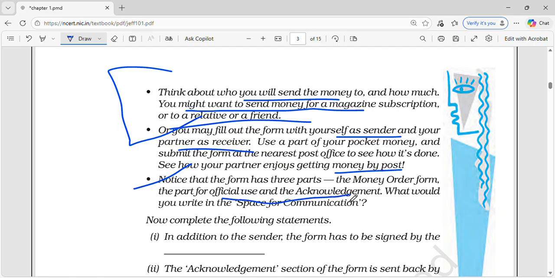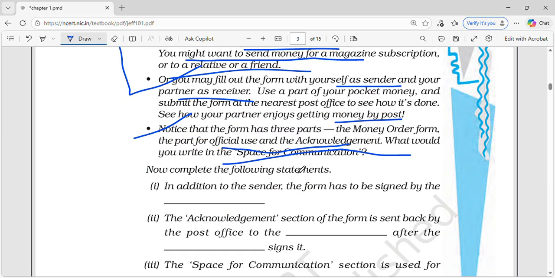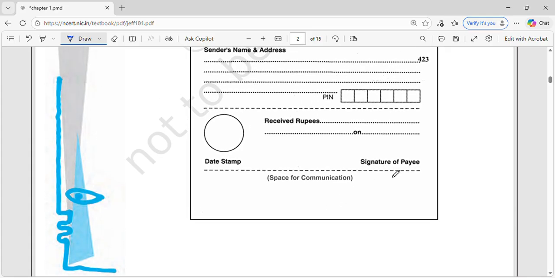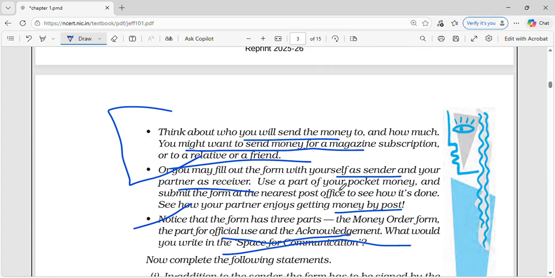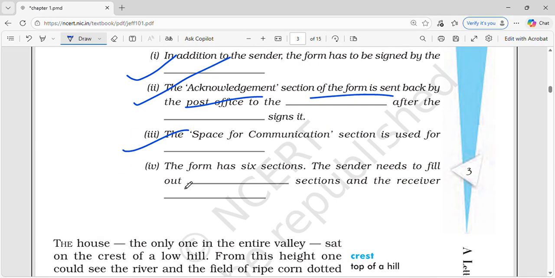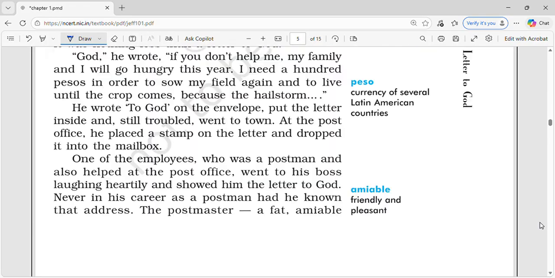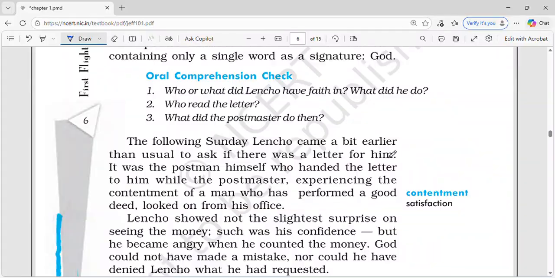Now enjoy the money by the post, and notice that what of the forms whatever you get as a form of official use of acknowledgement, and what would be the space for communication। ठीक है, ये कुछ नहीं है, बस छोटा सा एक activity explain किया गया है। Now addition to this, you also have to send the form, has to be signed by the receiver। The acknowledgement section should also be signed by the post office. The space for communication जो रहता है तुम्हारा, this one, space for communication should also be filled up, right, कि तुम्हारा stamp वगैरह होना चाहिए। And there are supposed to be 6 sections in the form where the sender needs to fill out all of their details and stuff, and then receiver को मिलता है। Okay, now let's actually finally start the chapter without any further delay।